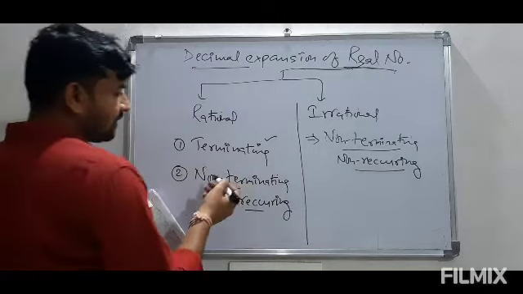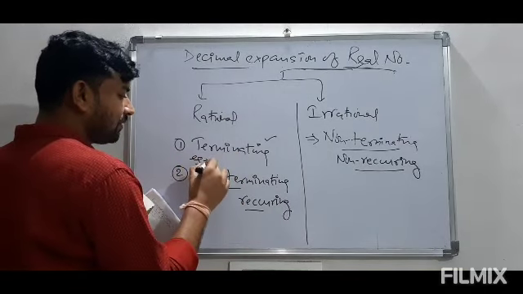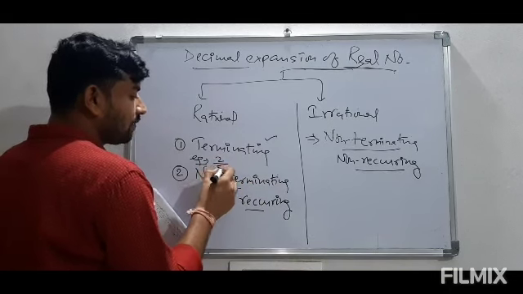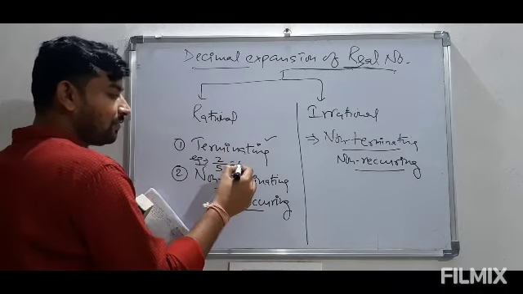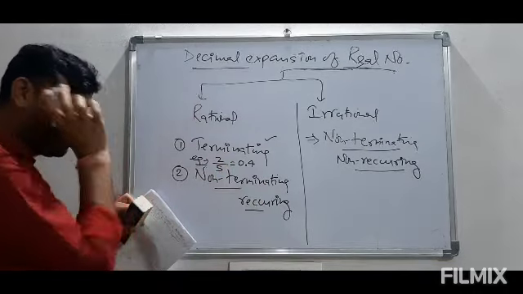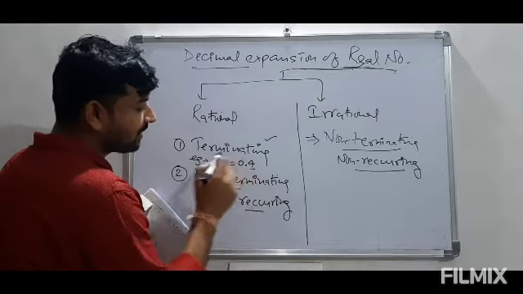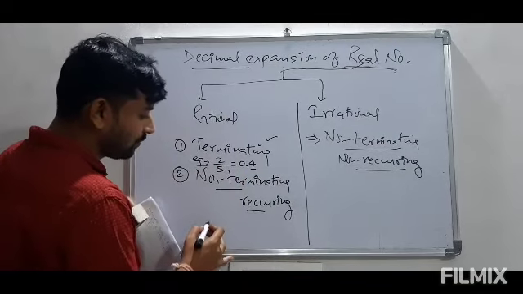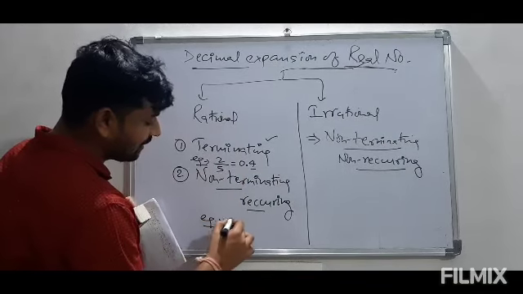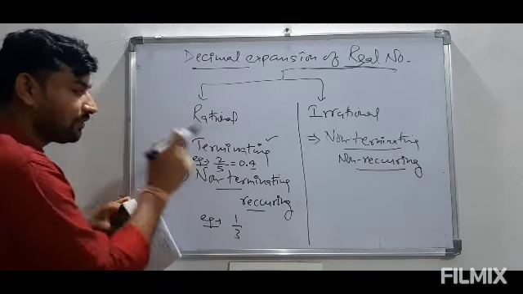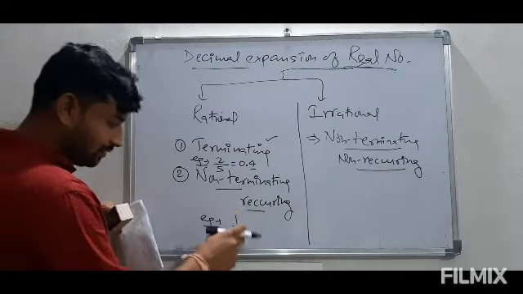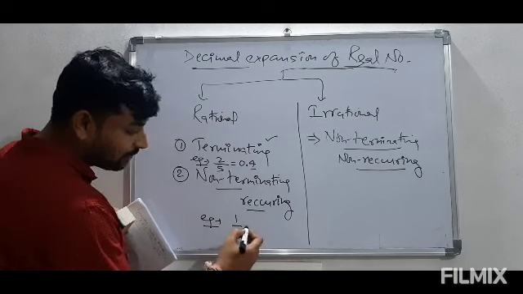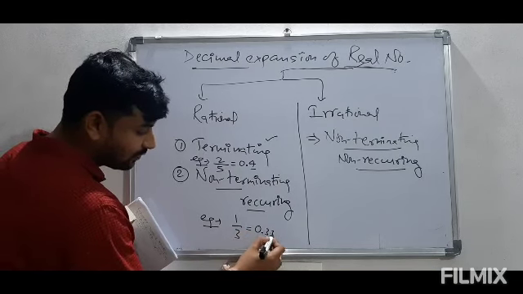Let us discuss some examples. Like for terminating type of numbers, we can use any decimal number, or suppose I write 2 by 5. We divide 2 by 5, we will be able to get 0.4, meaning it is terminating after one decimal place. So that is why it is called terminating. Now, if we take an example like 1 by 3, again 2 upon 5 was in the form p by q. This is 1 by 3, right? Again it is in the form of p by q, but its decimal expansion is like this, 0.001.